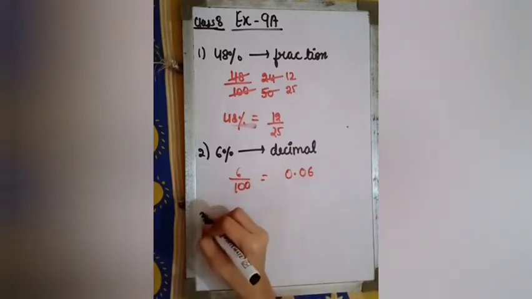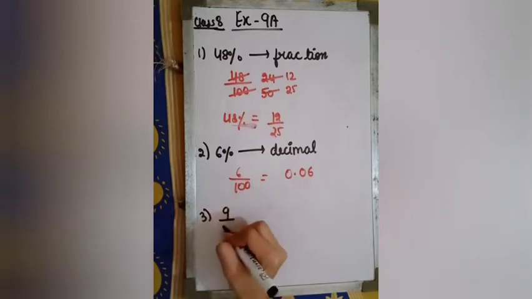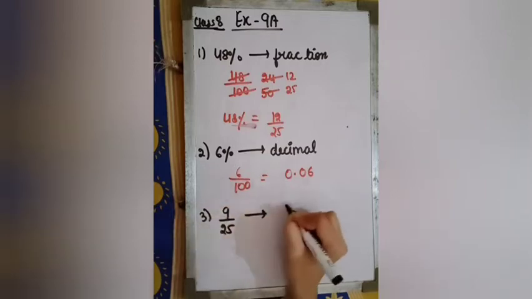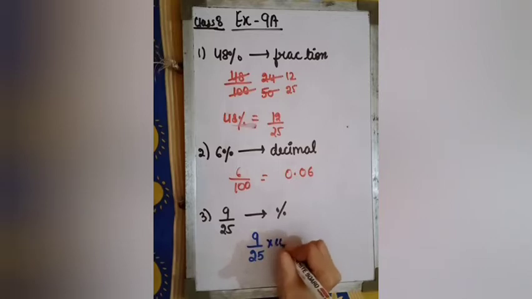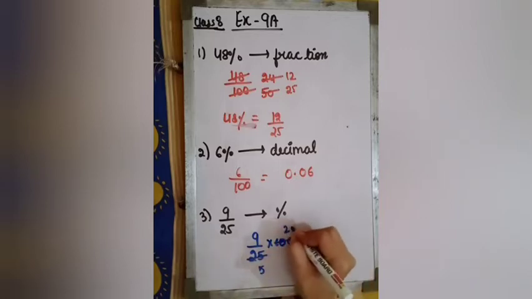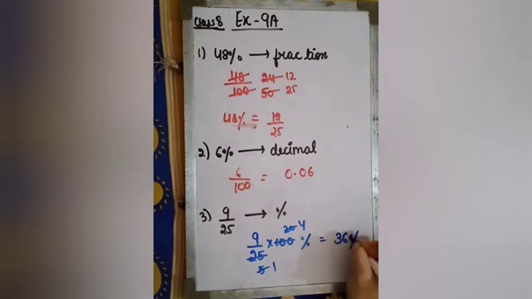See question number 3. Question number 3 says express each of the following as percentage. You have to convert this fraction into percentage. I told you earlier in the last video we have discussed how do we change any number into the percentage. To change that number into percentage, we multiply it by 100%. 5 2s are 10, 0. 5 1s are 5, 5 4s are 20. So this is 9 4s are 36%. Right?